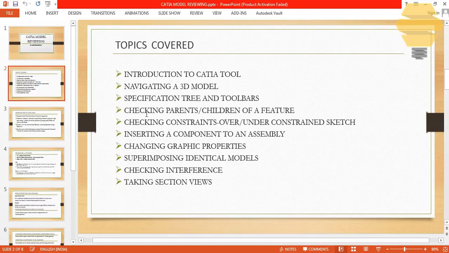And then we'll talk about checking parents and children of a feature, where we look at a feature or a geometry, and then we'll see what the dependencies are, and if we delete this, what goes. And then we'll talk about checking constraints, over-constrained and under-constrained sketches, where we'll talk about what kind of sketch it should be,